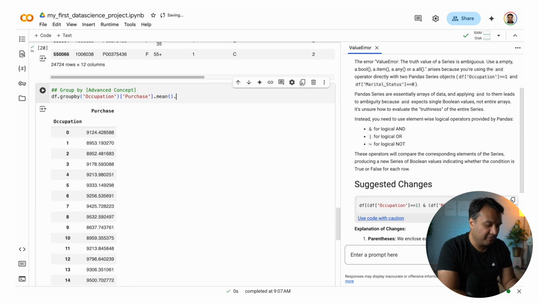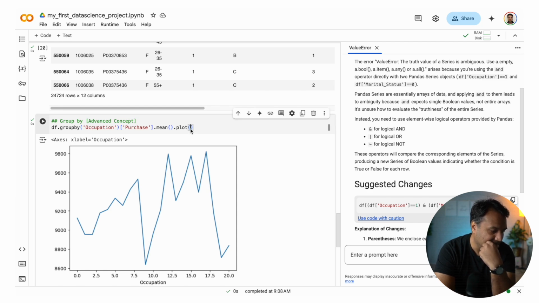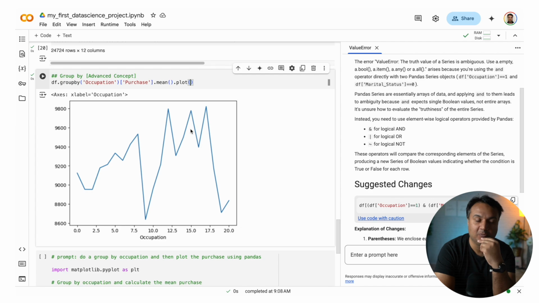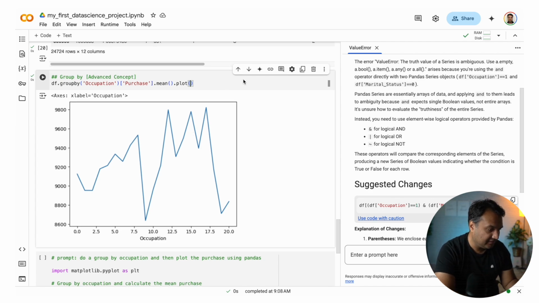But let's say what happens if we add a plot after this. Okay, so it gave us a plot, but it is not the right kind of plot. We wanted it to be a bar chart. So here, again, I want to know how can I add bar.